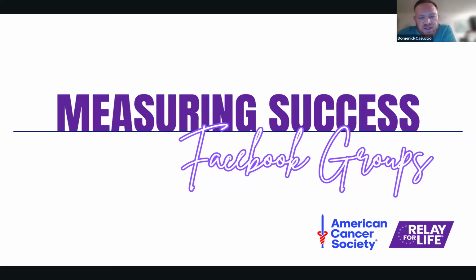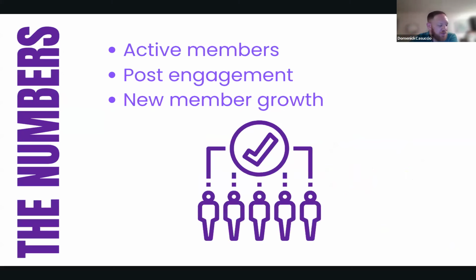So let's talk quickly about measuring success. How do we know that our Facebook group is working? And there are some great insights that you can look at very easily. You can definitely dig deeper within the insights analytics function of groups, but just some basic ones to look at is, how many active members does the group have? You can look at other groups. Since we all have public groups, you can look at what other groups are in the area and how many members they have, and really do a competition or try and get as many active members as you can.